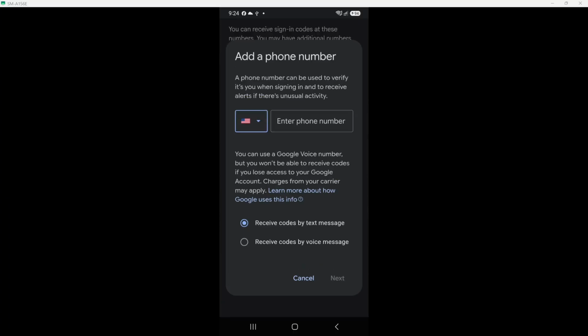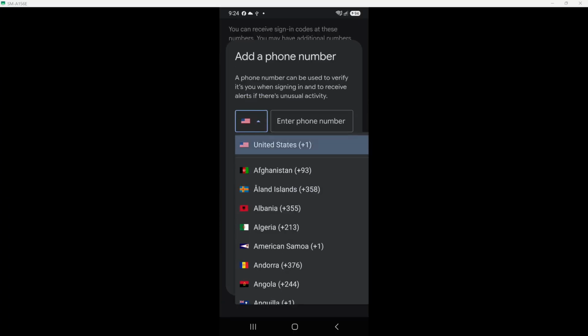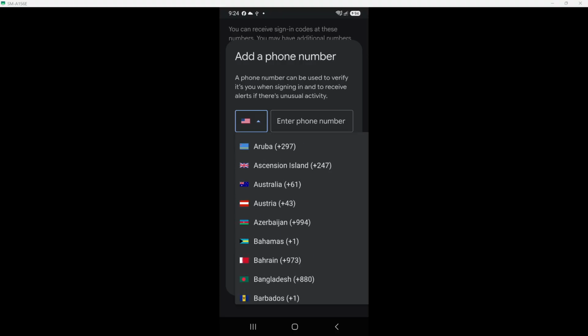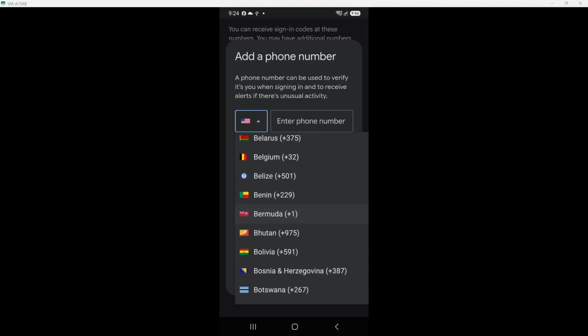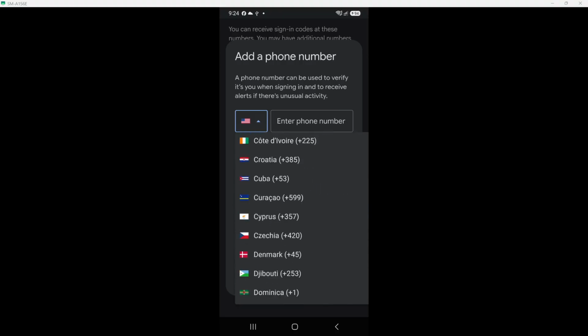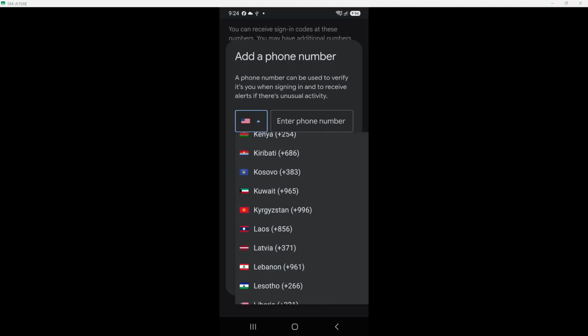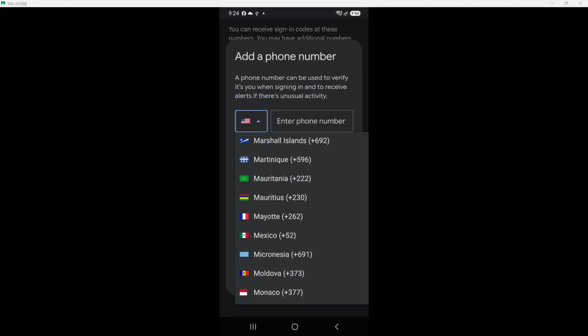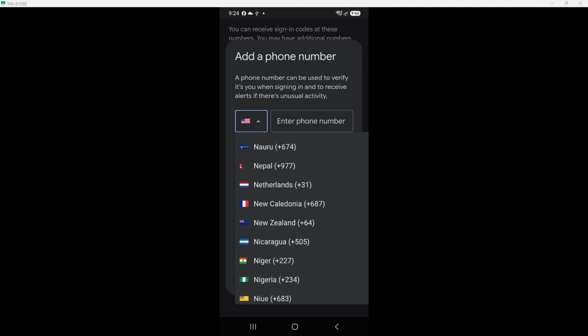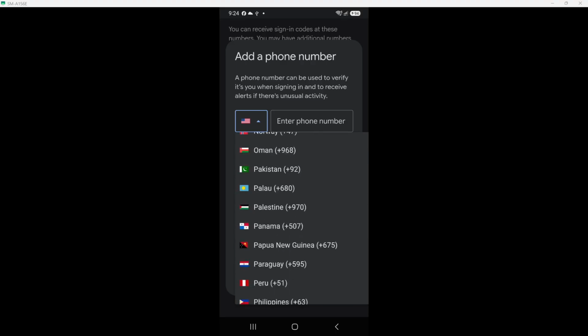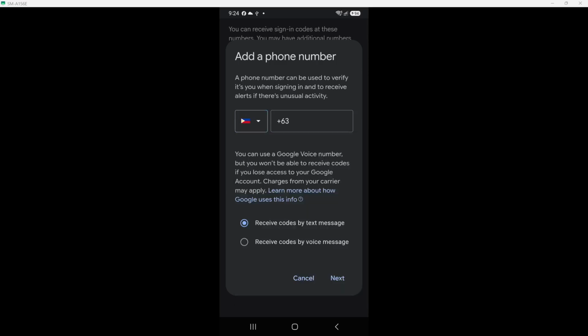Finally, if you no longer need your old phone number, you can remove it. Removing the old number can help avoid any confusion in the future. It's always good to keep your account information up to date. And there you have it. You've successfully changed your Samsung account's phone number. By following these steps, you've ensured that your account information is accurate and secure. Remember, keeping your account details current is key to maintaining the security and functionality of your device.